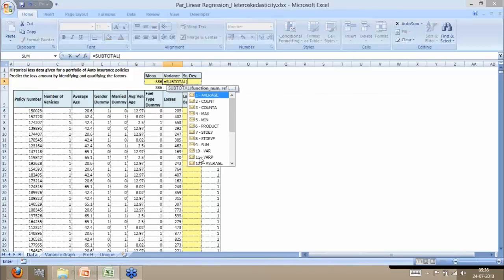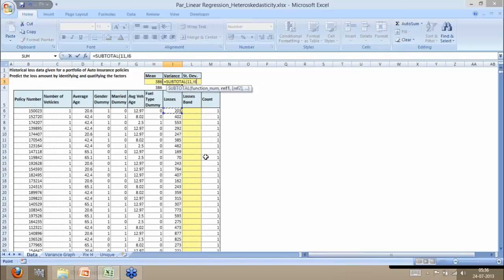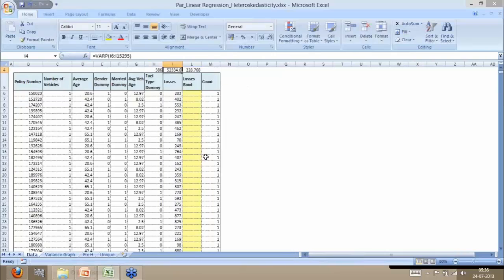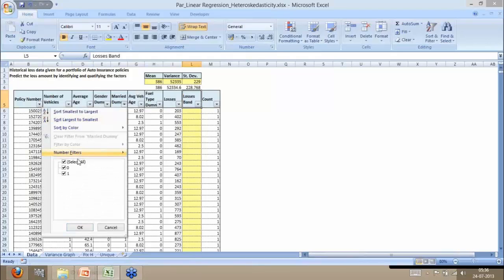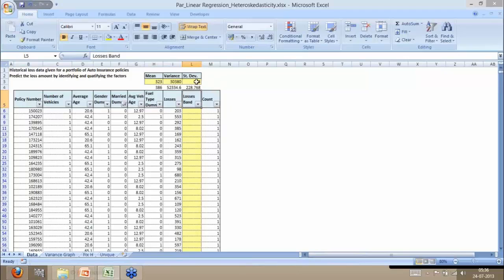Variance is nothing but this 11, comma the data set which is this, and which is same as the variance calculated earlier, and the standard deviation. Now if I change my data set to only female,